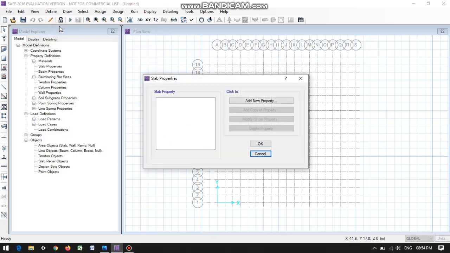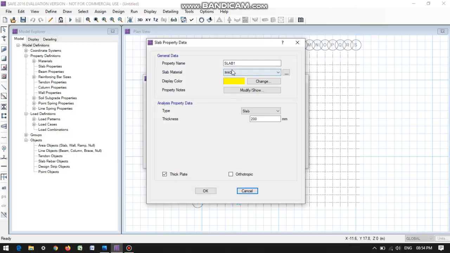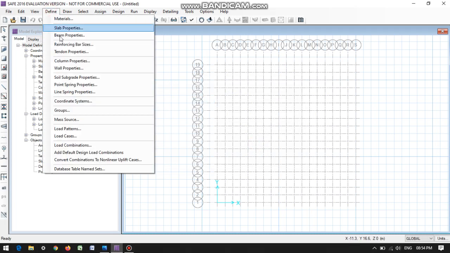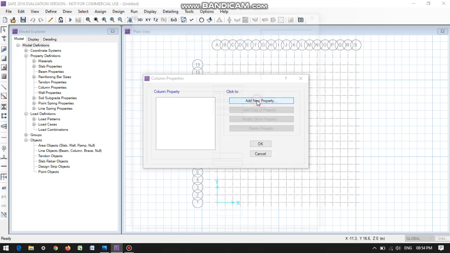Now let's go to slab properties. Create a new one, footing of M40, and let the thickness be 1 meter. Okay, now let's define column properties. Two kinds of column are here.